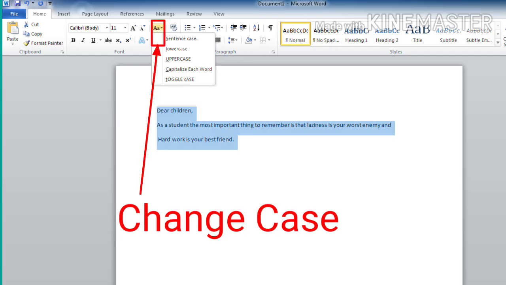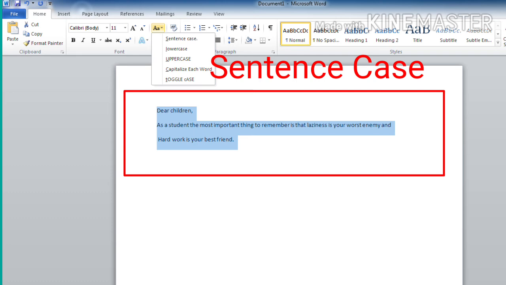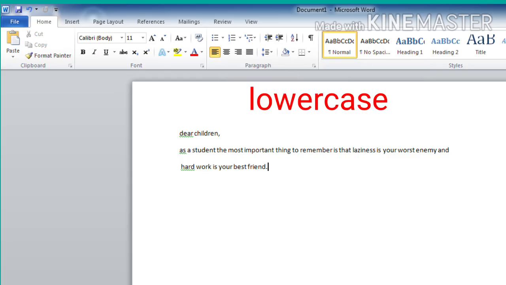Here you can see, and when you click on its drop down arrow, you can see different options. See, sentence case, which will capitalize the first character of the sentence. When I selected sentence case, the document will look like this. The next is lower case. It will make all characters of the sentence lowercase, just like this.